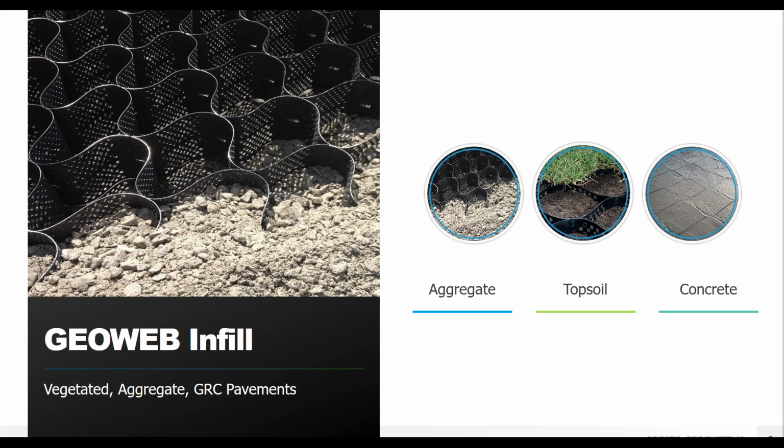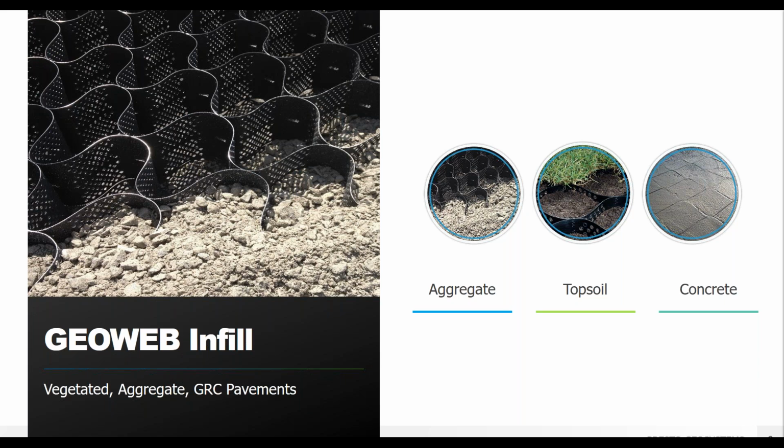And we can have the elimination of fines when it's desired, since the GeoWeb cells themselves provide confinement and aid in compaction of cohesionless soils. So that's another thing where you can have less than perfect material and still have it be a good choice for the infill for the GeoWeb system. If you do eliminate the fines within your stone, you can improve the drainage and actually let the water flow freely through the system, preventing pore pressure buildup and global failure of the cross-section if that's something that you're interested in.